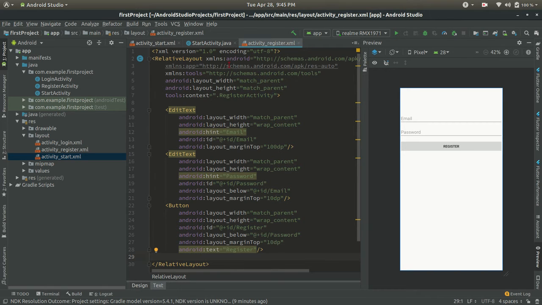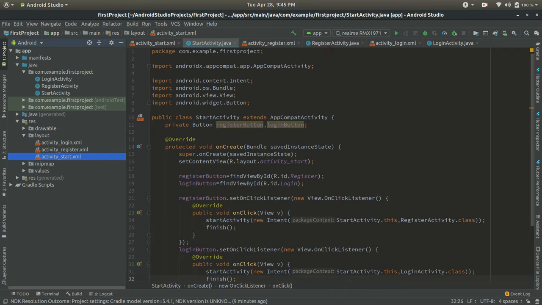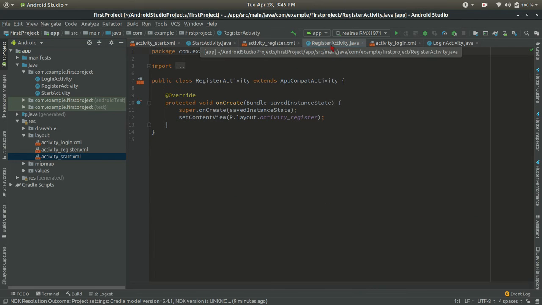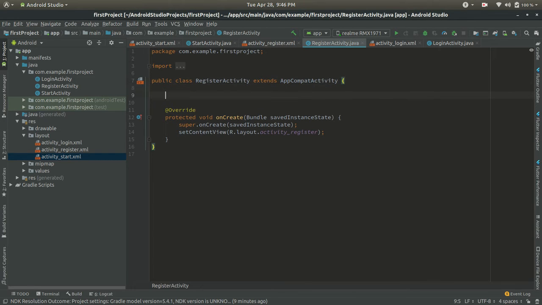Now go to the register activity.java, and we will create an edit text and the button.